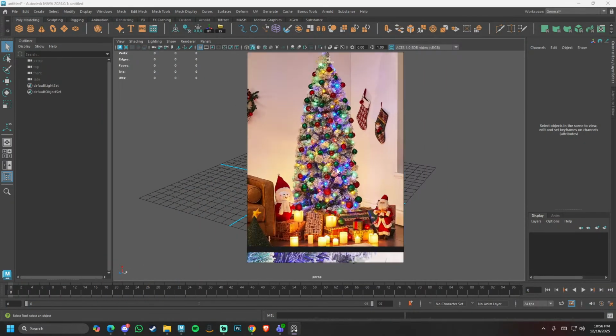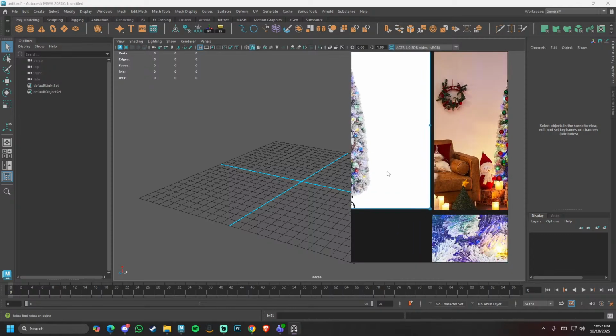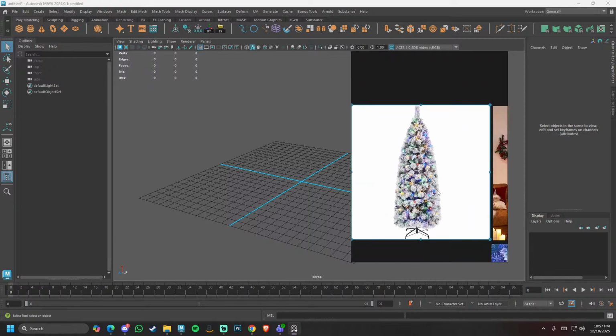And this is a Christmas tree which we will be creating inside Maya. So let's see how we can do this. I need to stop recording. Yep, okay, got it. Okay, so we have some references like this one,